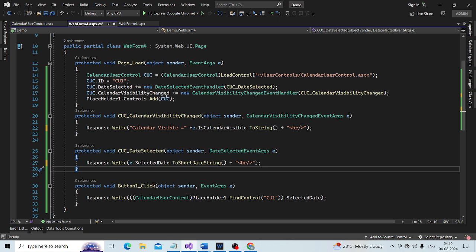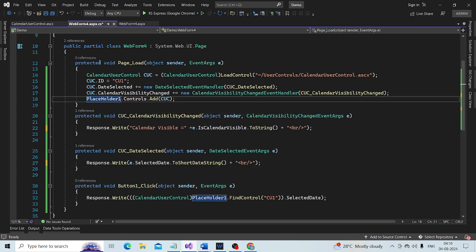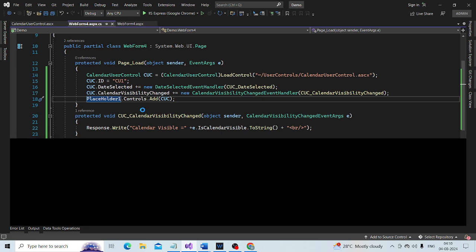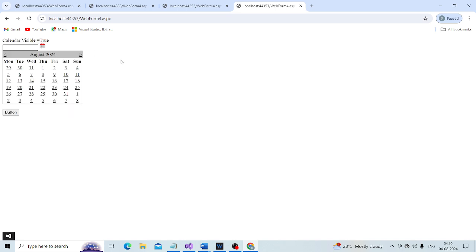Okay, so now save the changes and run this, click the image button, calendar visible is equal to true. Now select the date. I select the date 17. Look at that, calendar visible is equal to false and the date in the formatted form.